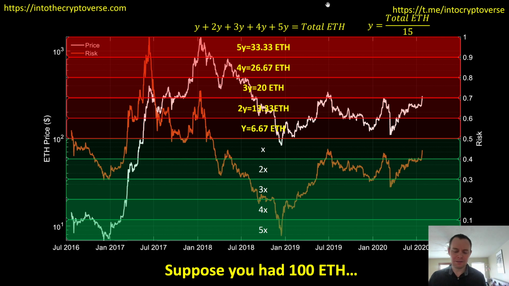Another thing it's important to use the risk metric for, in my opinion, is that a lot of people will let their emotions get in the way, and they'll think, okay, what has Ethereum done in the last week, and that's how I define my risk. This takes into account data from a lot longer than a week, and you can use that information that you might not intuitively feel in managing your position. I mean, this is not financial advice. This is just how I personally